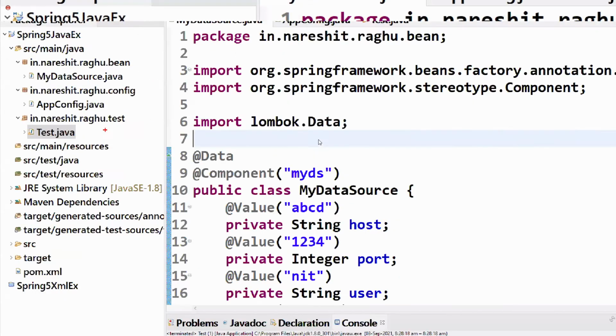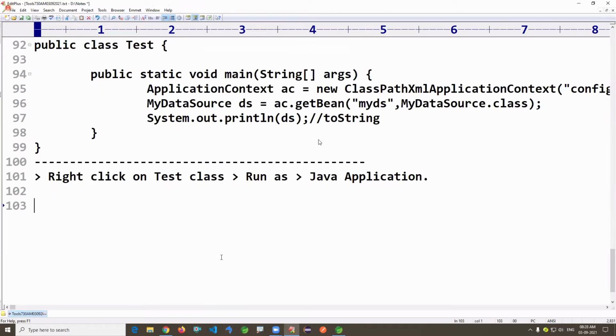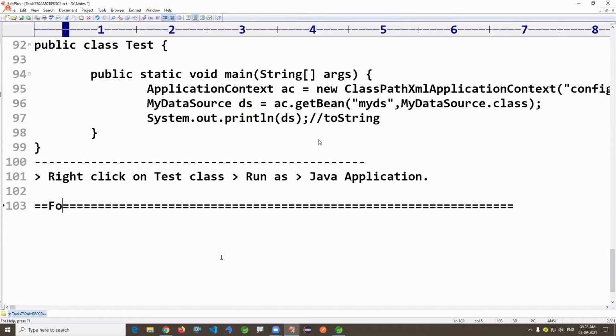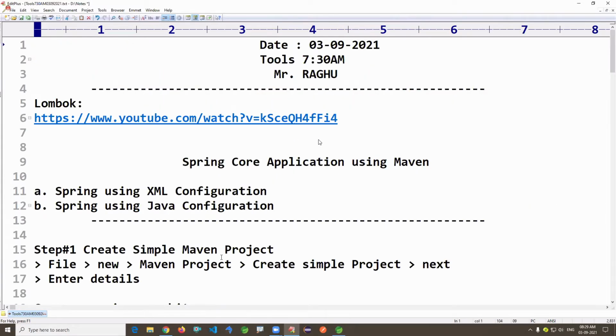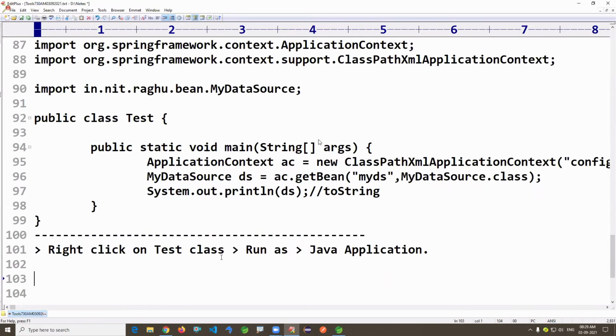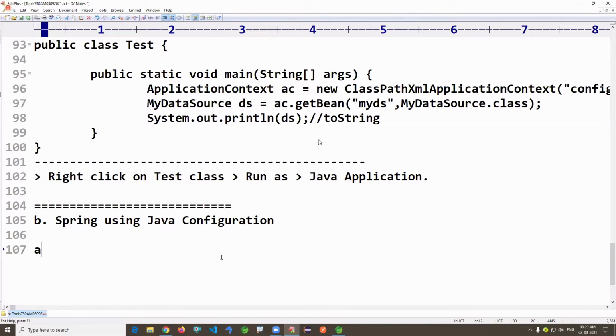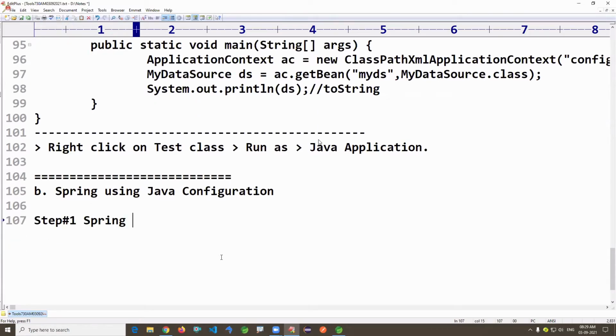Look at this. For Java config. Step 1, it's a Spring Bean.